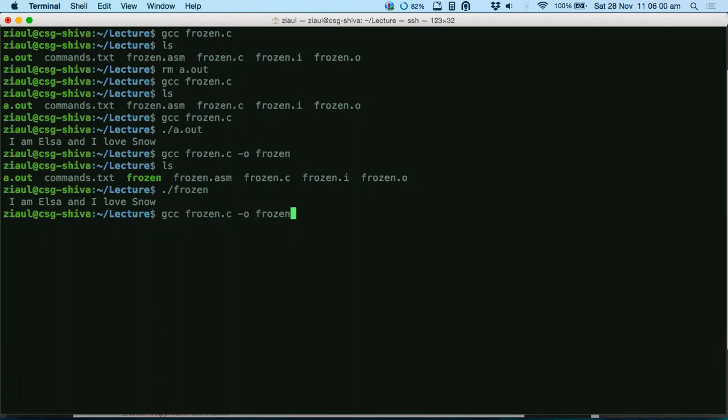Okay, one more point. When I did gcc and created the exe, I got the exe and I can simply run it and get my output. I didn't do all those steps that were required to get to this exe manually, right? Did you see me invoking the preprocessor? Did you see me invoking the assembler? Did you see me invoking the linker? No, right? You didn't see me doing all the smaller steps that lead to a program executable getting created.